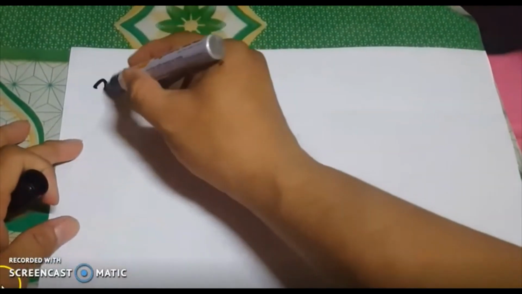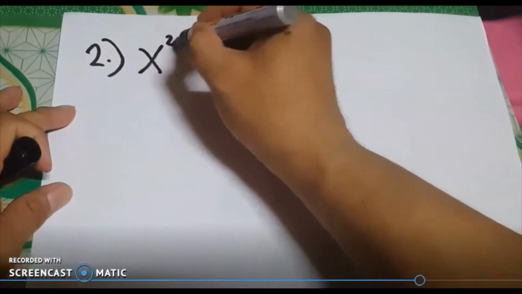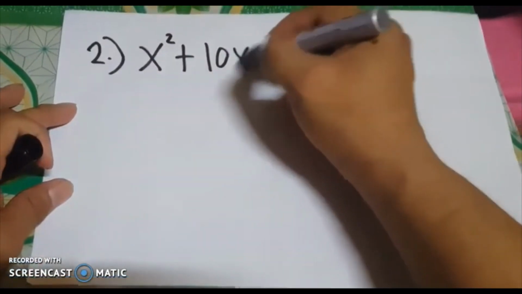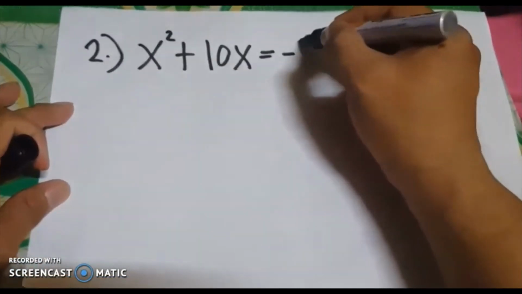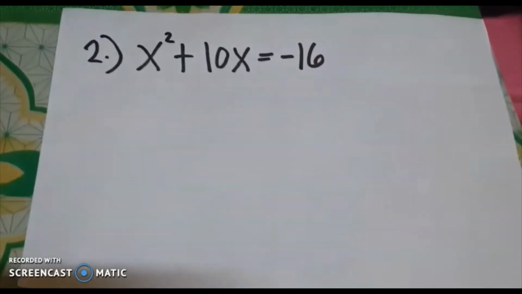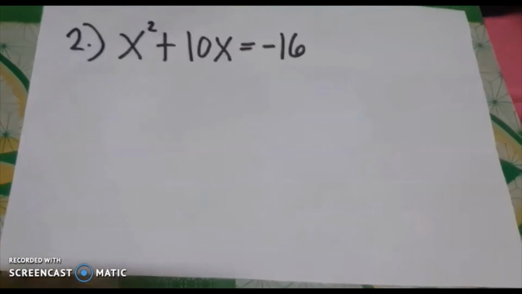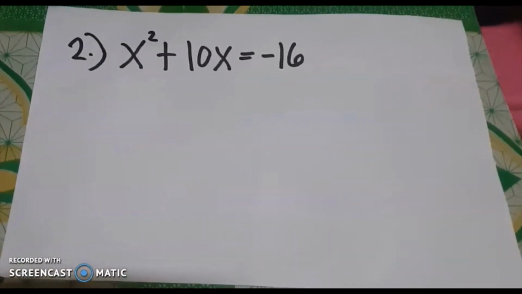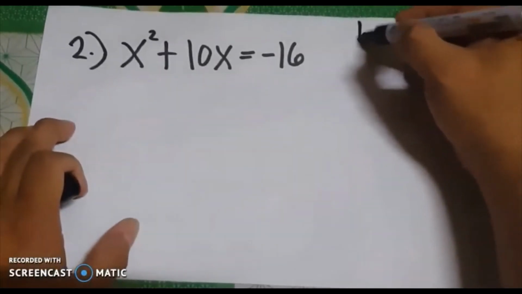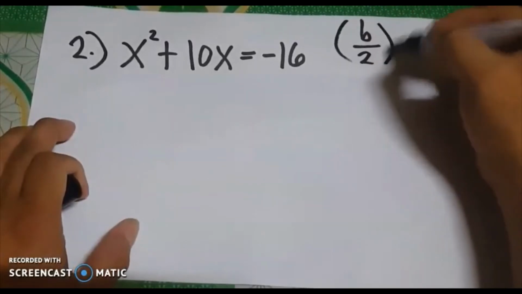Okay, let's have this example now. So that would be number 2. X squared plus 10x is equal to negative 16. So in the case of example number 2, it's already arranged in the right form of the equation so that we can use right away the method na tinatawag nating completing the square. So that means we are going to look right away for the number to be added on both sides of the equation. And that is by using again b over 2 quantity